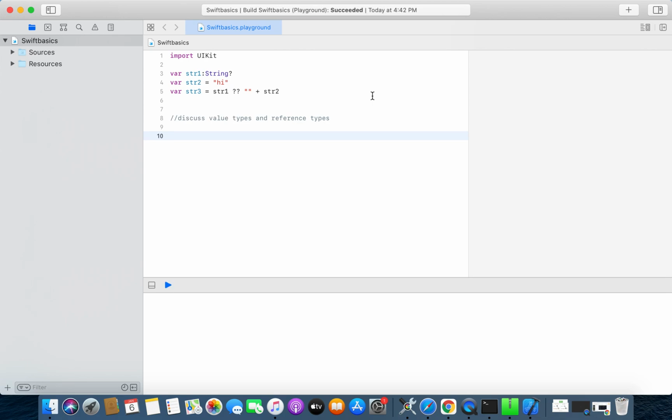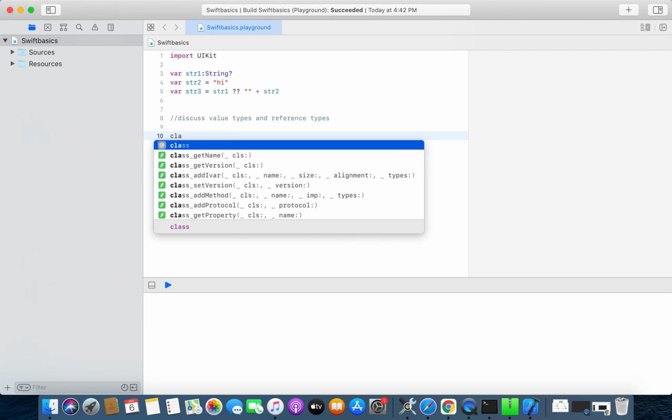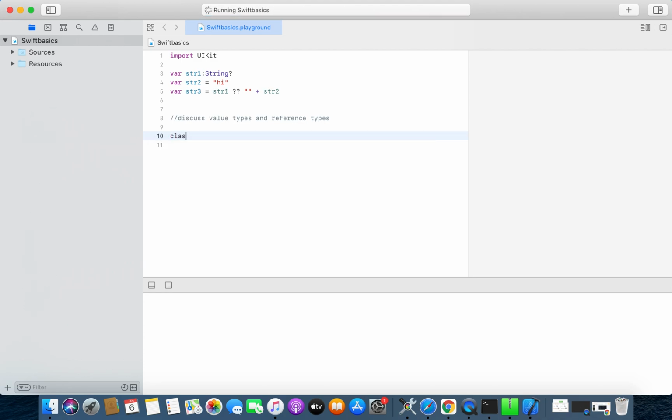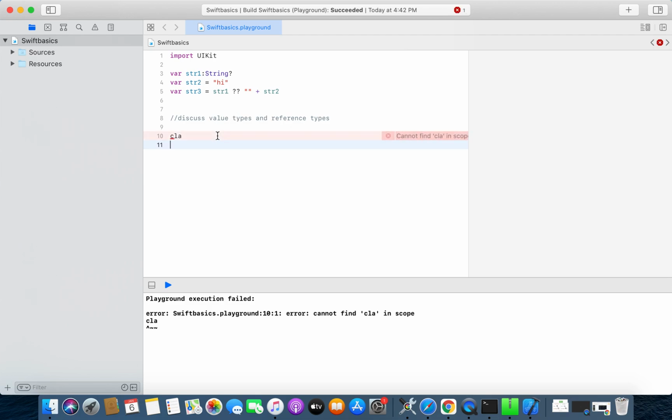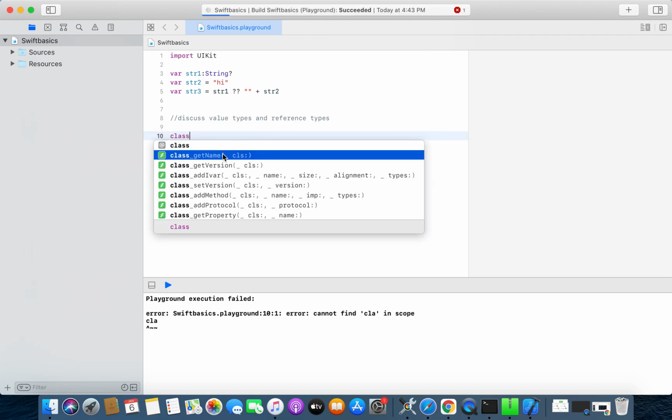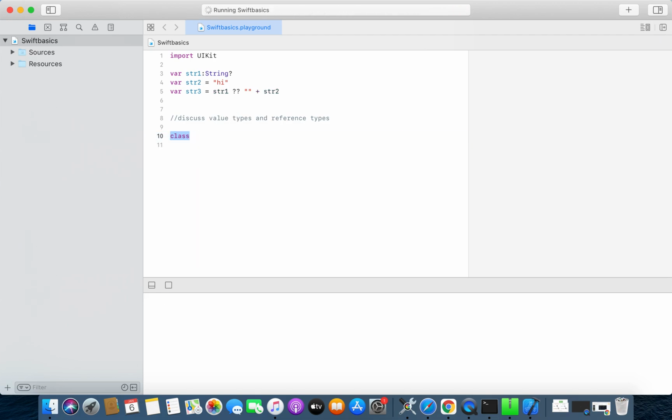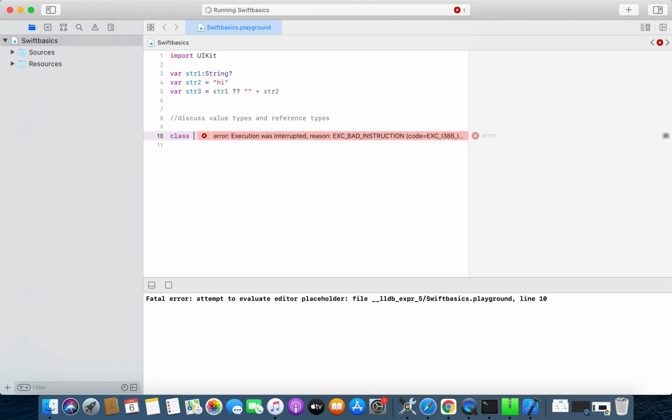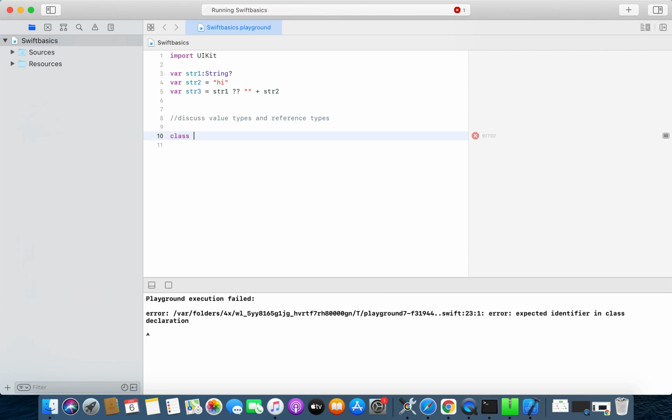Now we are going to discuss value types and reference types. As we discussed, closures, functions and classes are reference types. So let me first create a class. If you write class like this, the class will be created, and I will name this class Players.